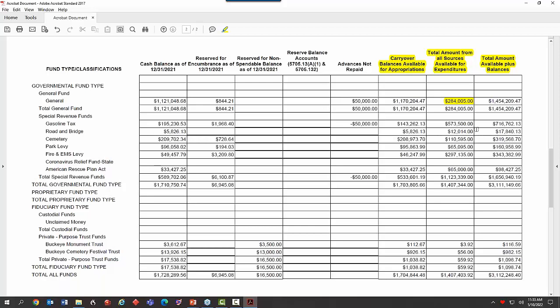Now, let me point out something. Some of you guys have already looked at this while I was talking. In July of last year, we had not applied for the American Rescue Plan grant. After the budget was filed, we got the grant, and it's not included on my official certificate because it wasn't an existing fund. So the county did not have the American Rescue Plan on my official certificate, and now I'm telling them this is the cash balance of all my funds. I have to include this fund because it did carry over with cash.